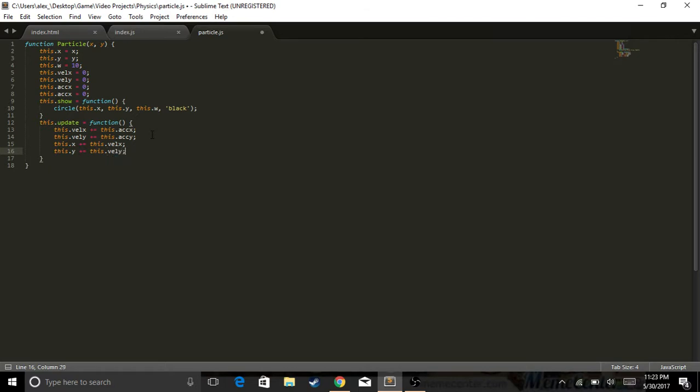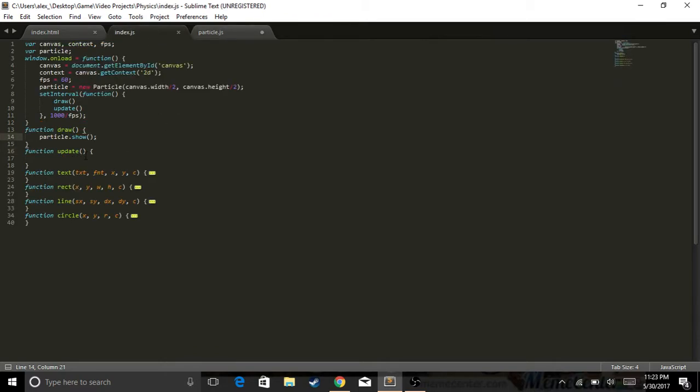And then this.x plus equals this.velocity x, this.y plus equals this.velocity y. So what this does, since the acceleration is 0, it's not going to move, but if it has an acceleration, it's going to add it to the velocity, and the velocity is going to go faster. If we want a constant velocity, we could just say, after all this, acceleration times 0. But we're just going to keep it to where it accelerates faster and faster and faster, and then it goes down. So, if we actually put in particle.update and run this,